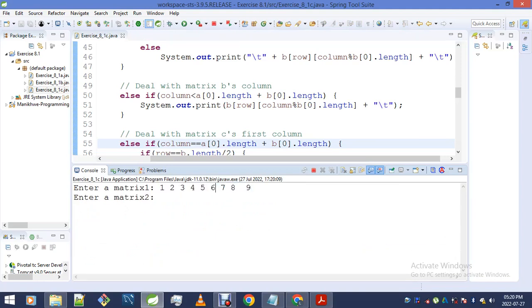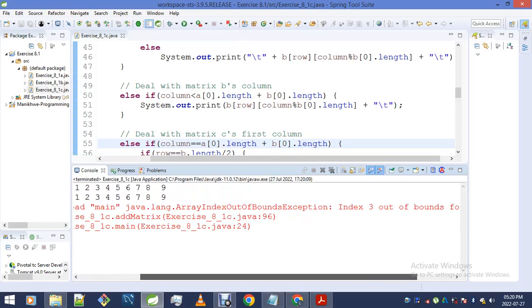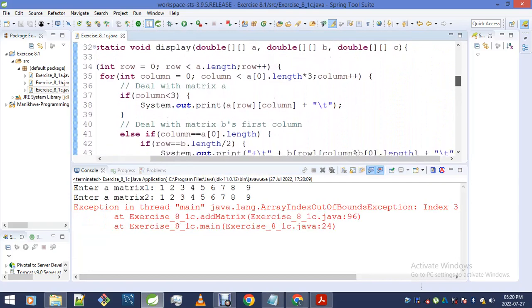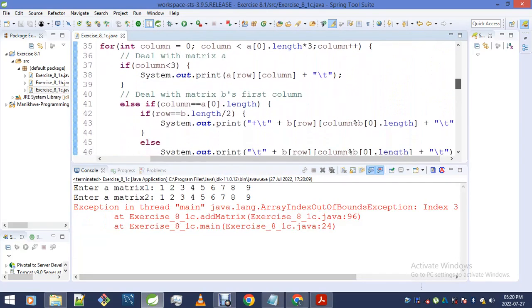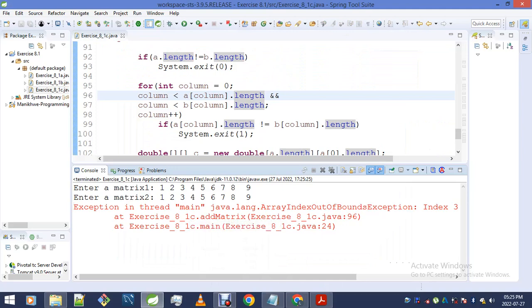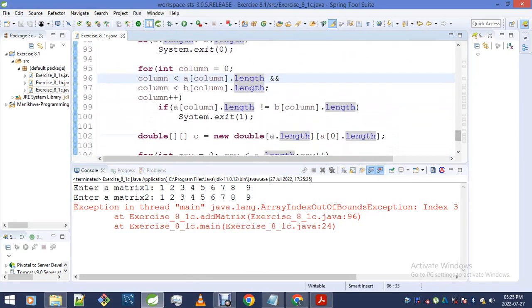That should do it for my first matrix. That gives an array index out of bounds, index 3. I'm pretty sure it's right here. Wait one sec. Okay, you know what the problem is right here with my add matrix. You see where I'm validating? As you can see, it's pointing out right here. What I'm supposed to do,